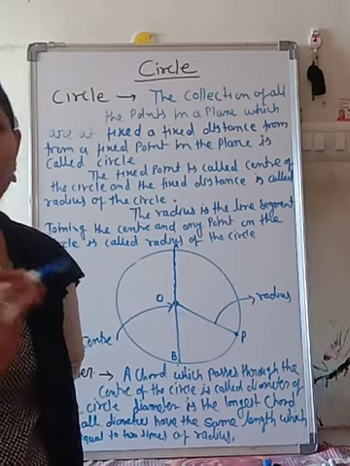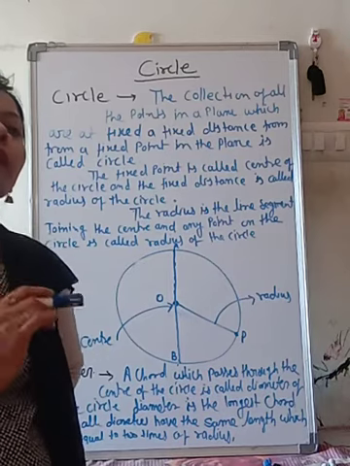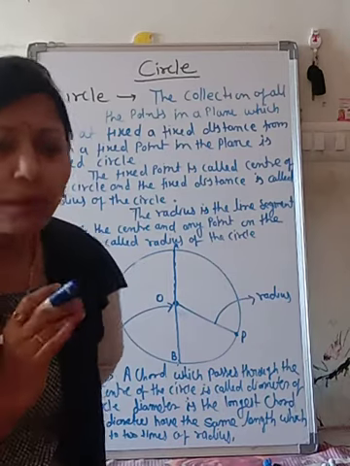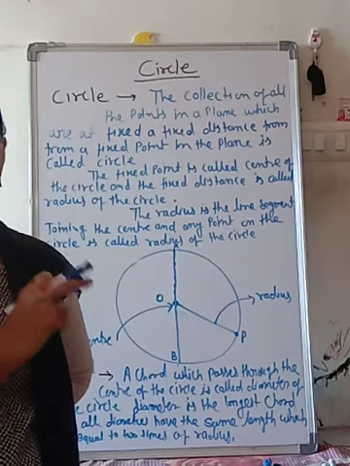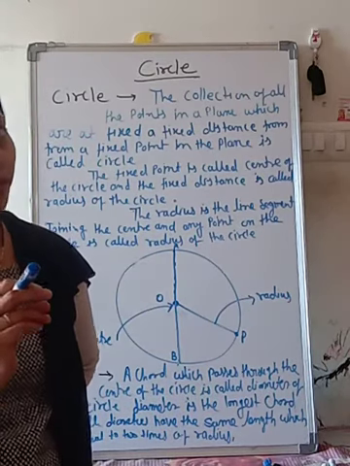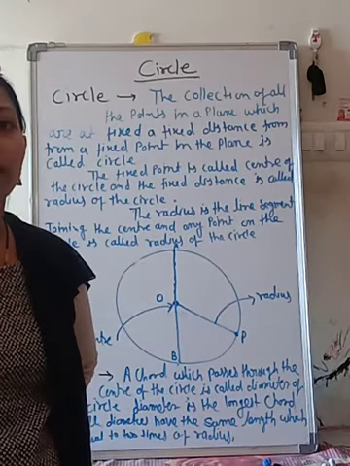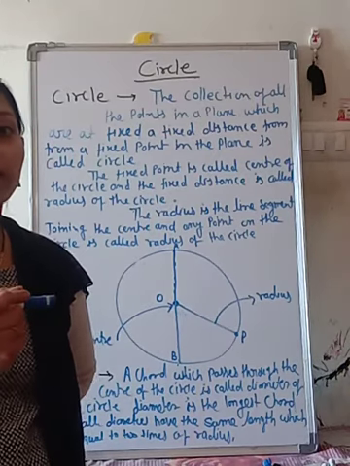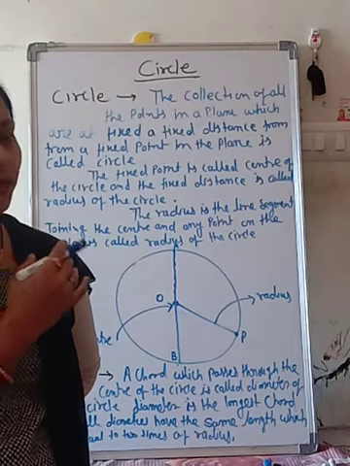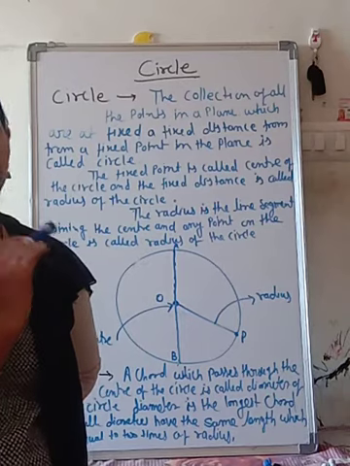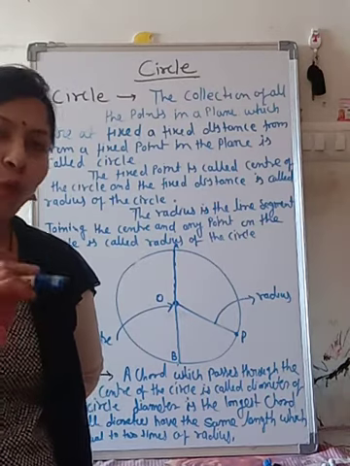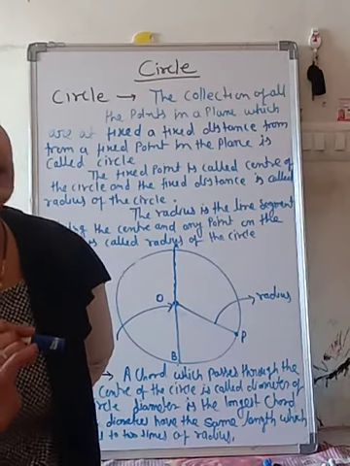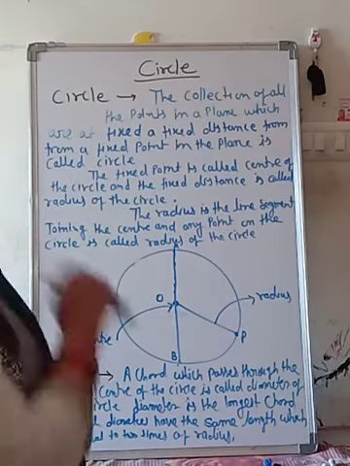In this chapter, you will learn properly about the circle and its related terms: radius, diameter, chord, line segments, and sectors. These are the terms of the circle and its related properties. So now let's start our topic, that is circle.